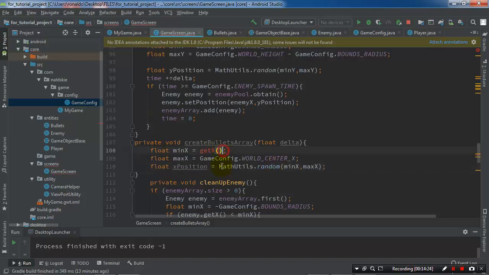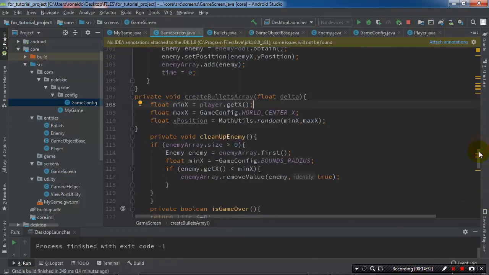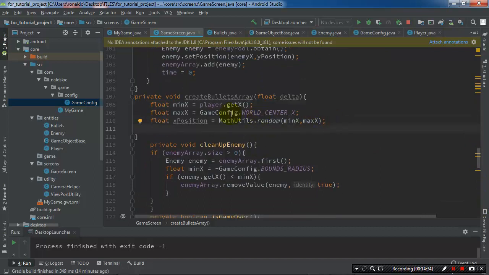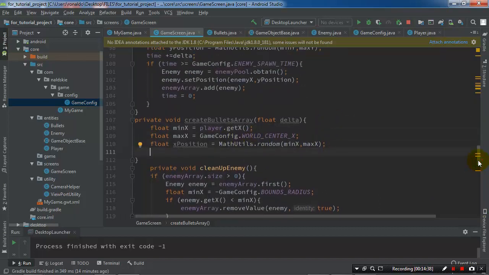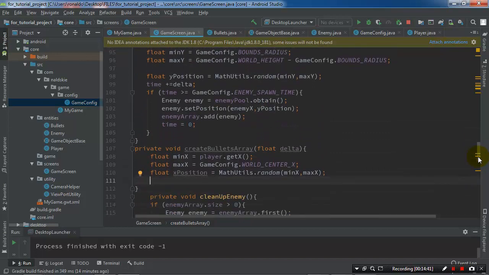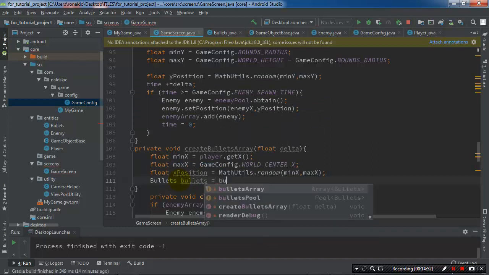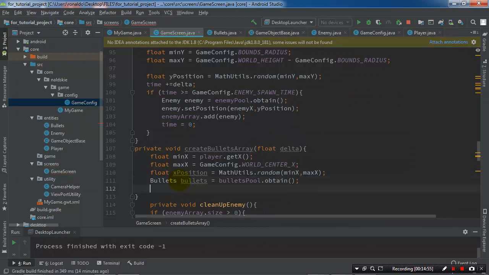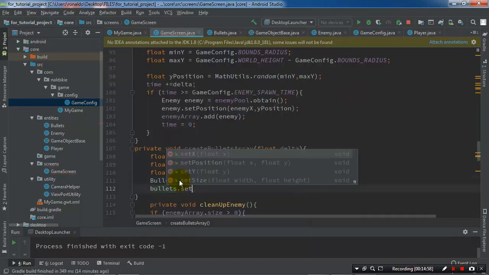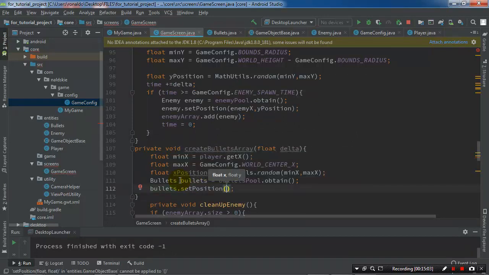So after that, declare the position, so this will be the player.getX, so this we will generate from the position of the player, and we need to position our bullets so that we don't have a time, and we need to declare bullets here, so bullets equals bullets pool.obtain, and bullets.setPosition, okay, position to